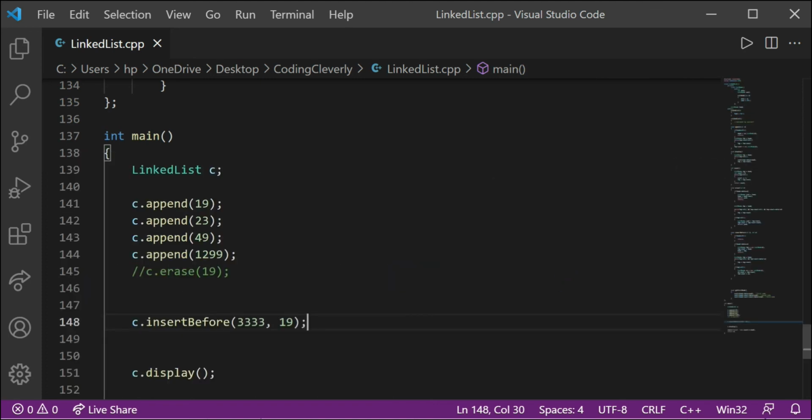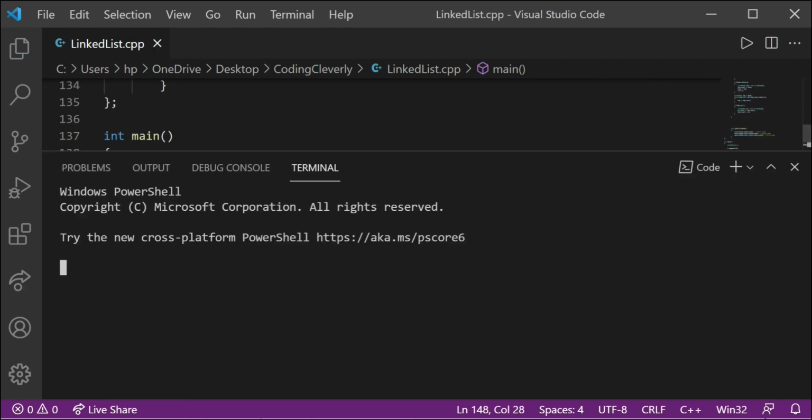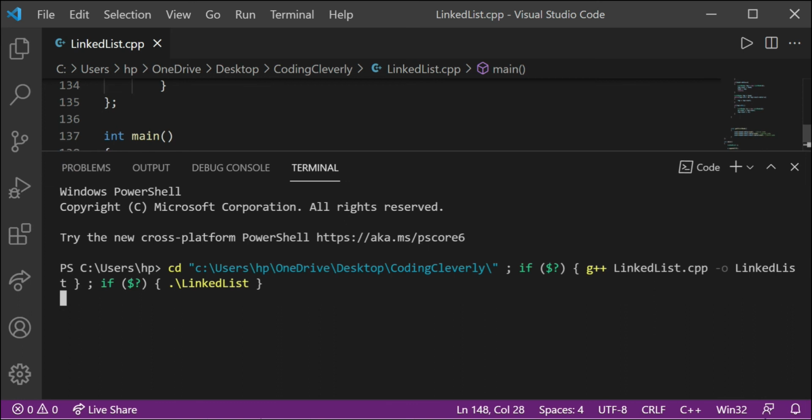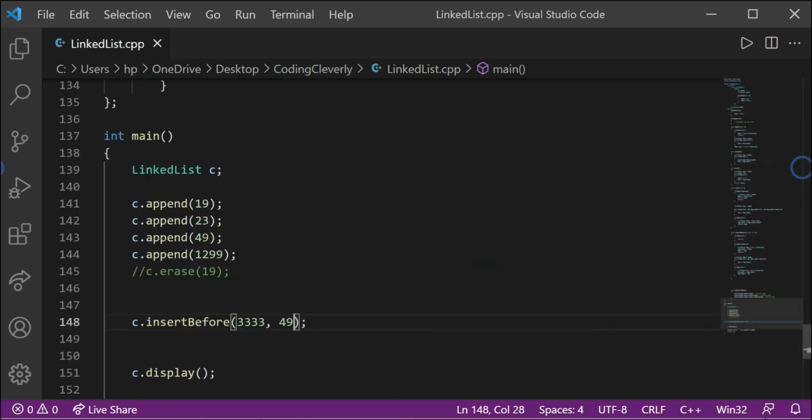Okay, so what about having it changed inside of it? Like if I want it inside, let's say 49. So within 49, I'm gonna get it before 49. So just keep a watch out over here, Control Alt N. I'm gonna get it before 49. So there you go, 49, and we have 3333 before, and the count is 5 because there's 5 nodes. Amazing, we're doing crazy stuff over here. All right, so